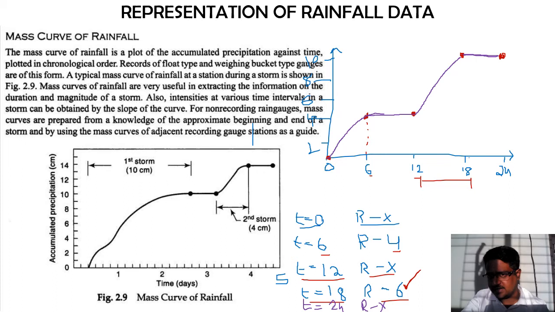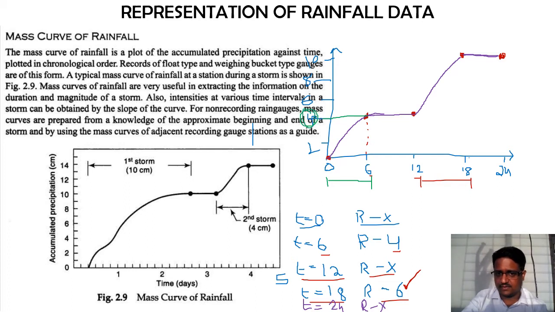Now with this in mind, let us understand what all things are available with us for this rainfall data. Okay, so for this, let me take another color. Now if I want to check out the total amount of rainfall that has occurred between 0 and 6 hours, already you have the ordinate for 6 hours. So whatever is the value over here will be directly the amount of rainfall that has occurred for the 0 to 6 hours. So in this case the value is 4, which is available over here.